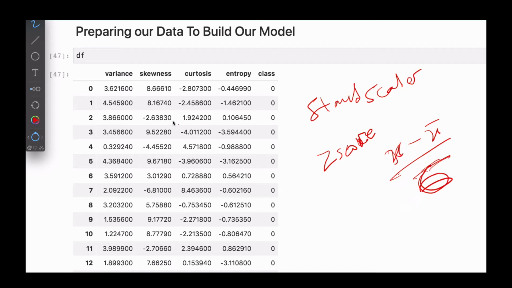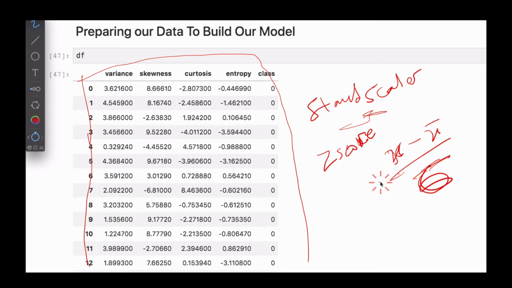Now the z-score is going to consider every data point in here to do this scaling, and it's the same thing with the standard scalar. Now if you use every data point here to do scaling before using the train test split, to split your data into X train, X test, Y train, Y test, basically scaling before dividing your data set into training and testing,